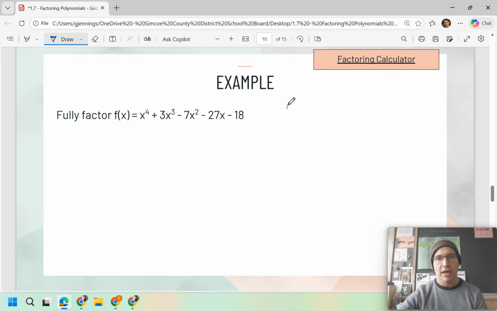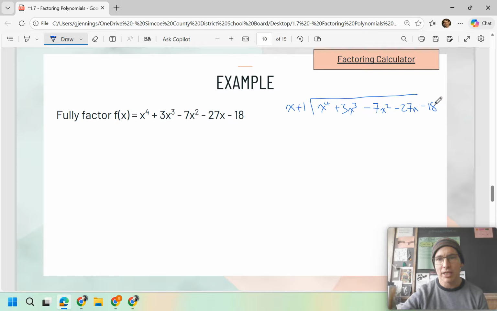Okay, so x plus 1 is a factor of x to the 4 plus 3x cubed minus 7x squared minus 27x minus 18. Let's go. We're going to multiply by x cubed here. So that means we're going to be taking away x to the 4 plus x cubed. Okay, and so that gives us 2x cubed when we do minus minus, and then we drop down this minus 7x squared. We need to multiply by 2x squared